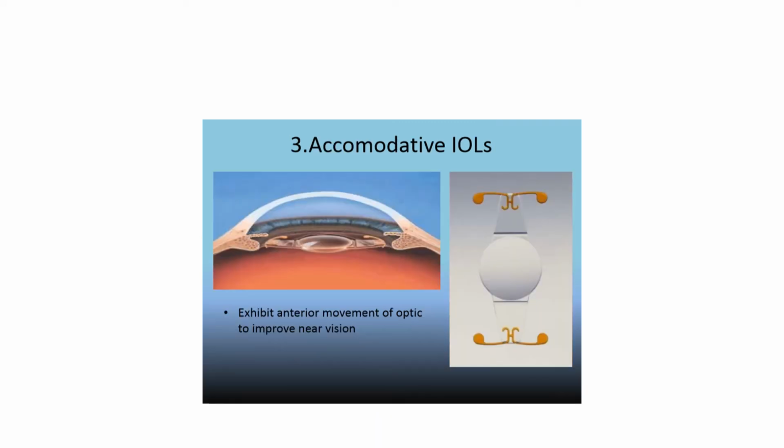Third variety is accommodative IOL. In an accommodating IOL, the haptics are designed to keep the IOL securely in place and prevent any rotational movement, but the legs are flexible in a way that allows the optical portion of the IOL to move slightly forward upon contraction of the ciliary muscle. So here the IOL depends to some extent on the ciliary muscle, and as it contracts and relaxes, the IOL moves accordingly, a little bit forward or a little bit backward. So a little bit of accommodation is maintained. So they are called accommodative IOL.